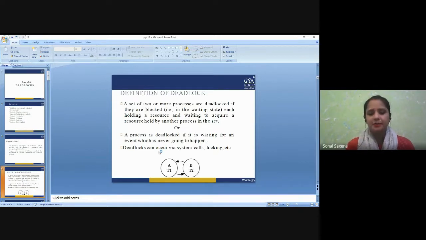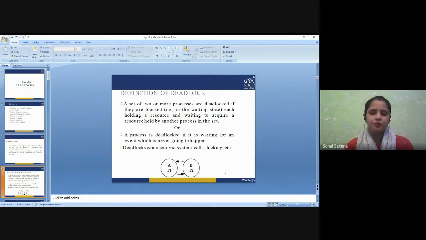So here you can see this example. I have shown it with a small diagram. Let us see that these are the two processes, A and B. As you can see, this one is process A and this one is process B. Now there could be a condition where A has already got the resource T2. This arrow shows it has already got the resource T2. This resource T2 is already assigned to A. Now to run completely, it requires this resource also. So this is one condition. And for B to execute, it needs T1, which is already acquired by A.